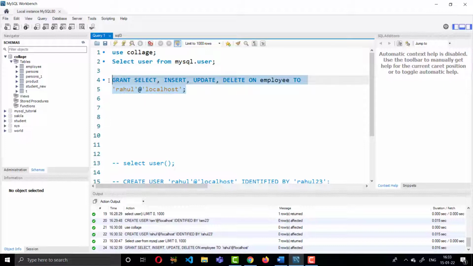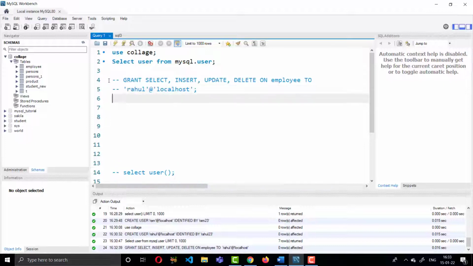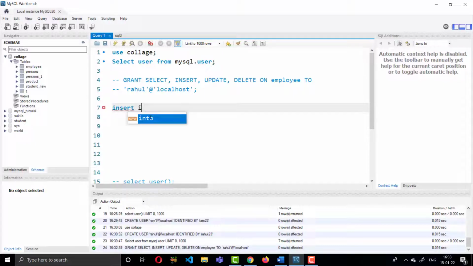Okay, I'm commenting here. Suppose I want to insert some data in the employee table by the Rahul user. So insert into the employee table, and give the attributes or the columns.